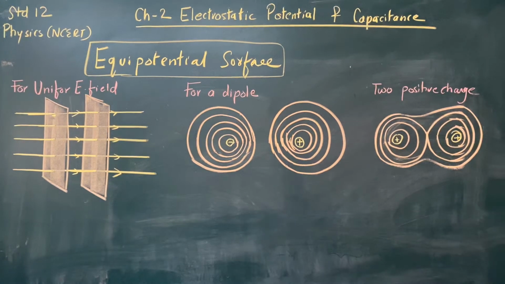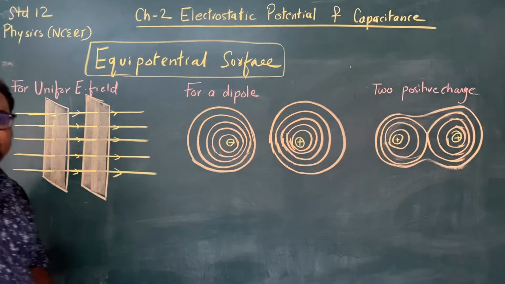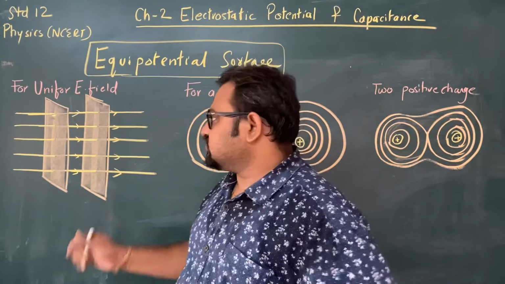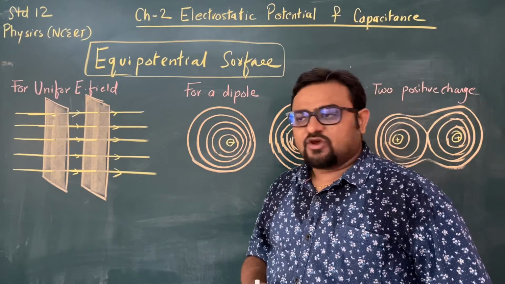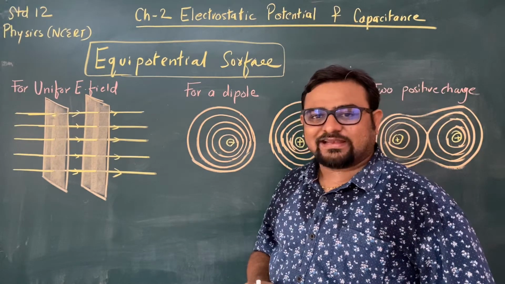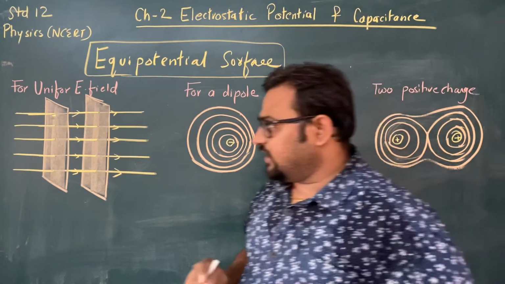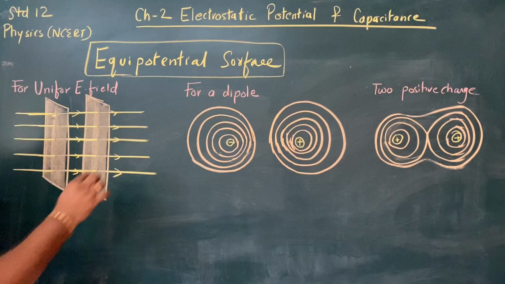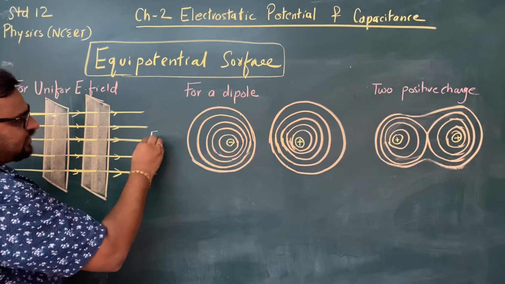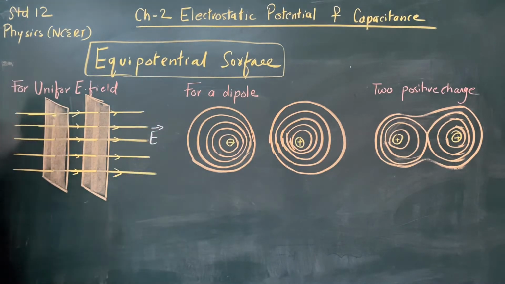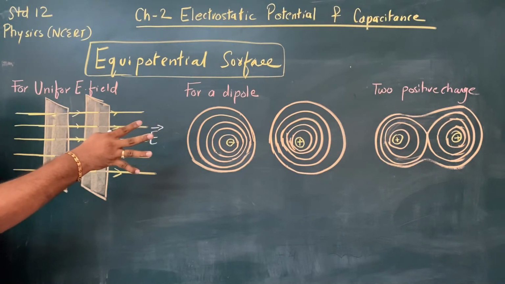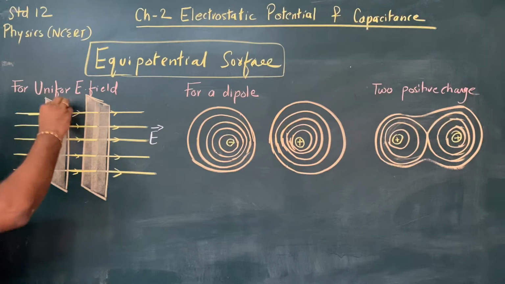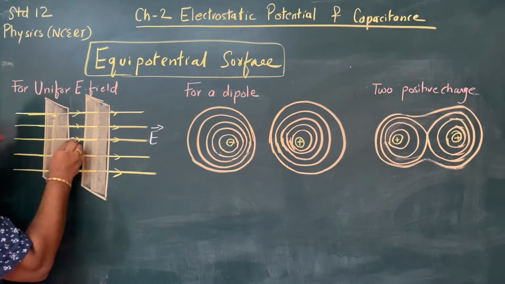The next topic is equipotential surfaces of various systems of charges. The first one here is the equipotential surface for a uniform electric field. If the electric field is in the x direction, then the equipotential surface, as you can see here, is